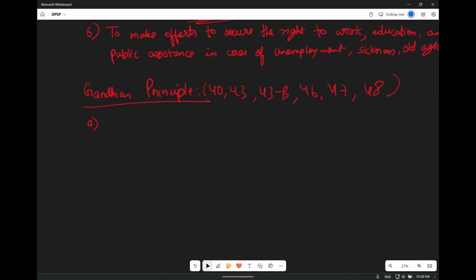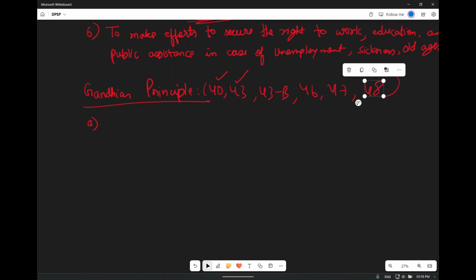Article 40, we have seen that organization of panchayats is present under Article 40, and we know that giving power to the panchayats was the dream of Gandhi. So obviously Article 40 will be considered under it, and Article 43, living wages etc. for the poor, for the worker, is covered. And 43B, the state shall endeavor to promote voluntary formation, autonomous functioning, democratic control and professional management